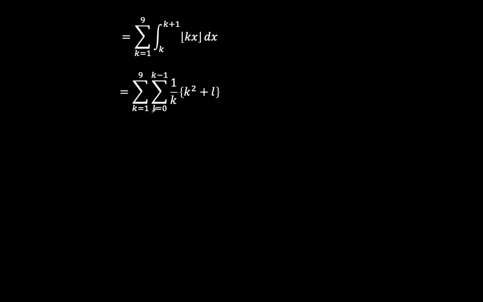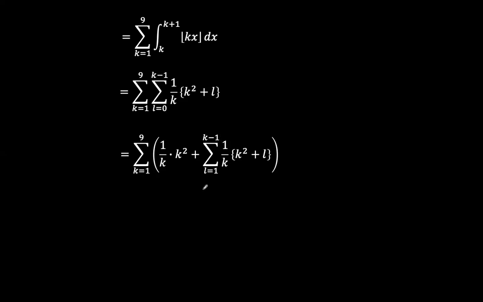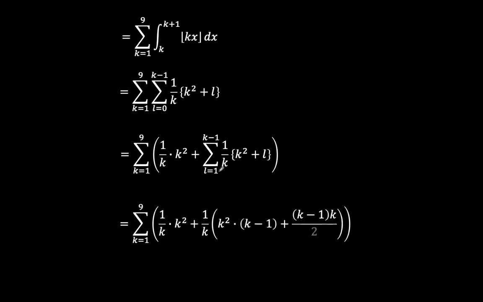So, when L is equal to 0, we have k squared times 1 over k. When L is equal to 1, it's k squared plus 1. And L is equal to 2, k squared plus 2, and so on until we come to k minus 1. So this summation here, when L is equal to 0, we have 1 over k times k squared, and then plus the summation from L equals 1 to k minus 1, right? And that means that we're keeping this 1 over k times k squared plus 1 over k. This k in this summation is a constant, so we just now have k squared times k times 1 plus